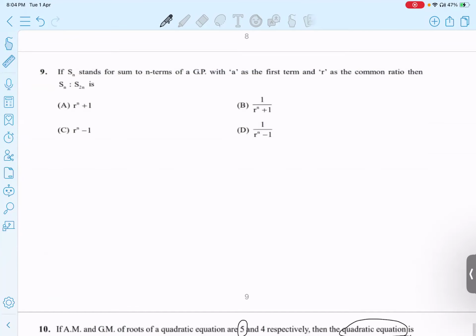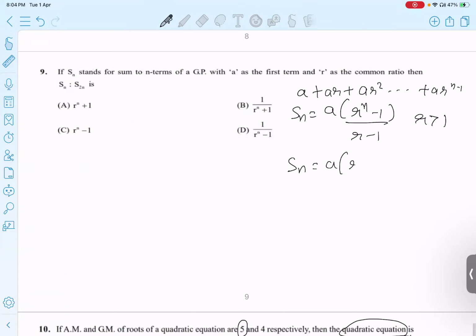Okay. If Sn stands for sum of n terms of a GP, a, ar, ar square up to ar to the power of n minus 1, sum of the n terms of GP. What is this Sn? a into (r to the power of n minus 1) by (r minus 1). This formula will be used when r is greater than 1. Sn will be a into (1 minus r to the power of n) by (1 minus r), which will be used when r is less than 1. You can make use of any one of the formula